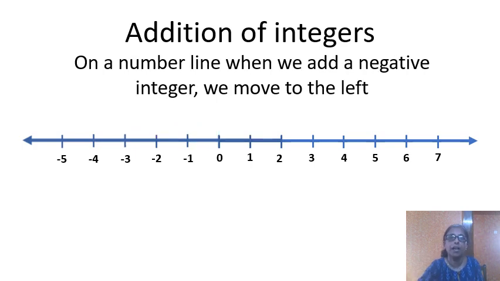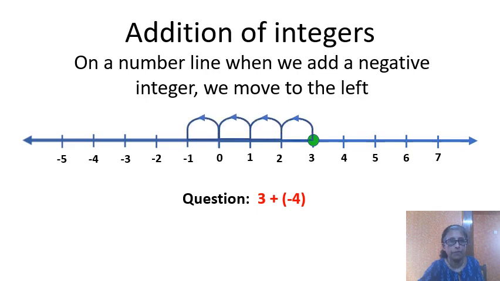Now we are going to learn how to add a negative integer to a number. Now the question is 3 plus minus 4. Again, look at the number. What is the first number? It is 3. So you have to start from 3. And how are we going to do it? You have to move to the left. But how many jumps? Since the number is 4 there, you have to make 4 jumps to the left. And where are you now? It is minus 1. Therefore, the answer is -1.